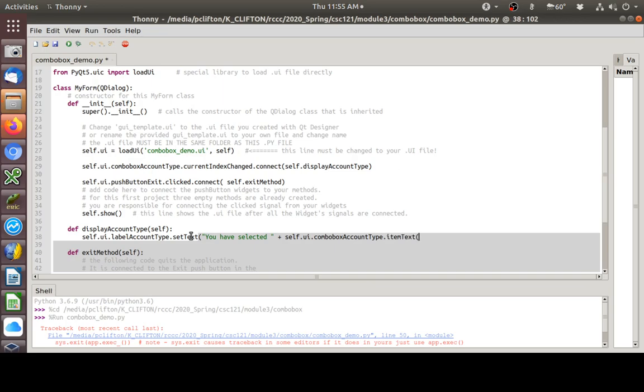Item text is the method to get whatever the text is on an item in that combo box. The first thing that it takes is it wants to know which item that we want to get the text from. So you're going to see this as being a little bit redundant, but